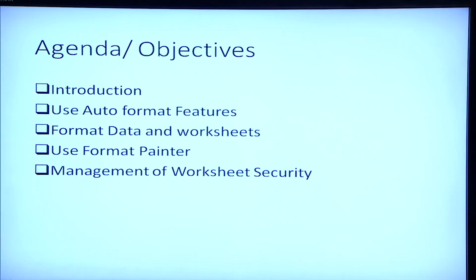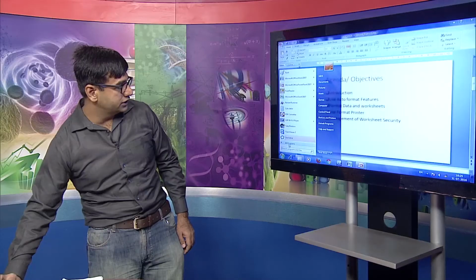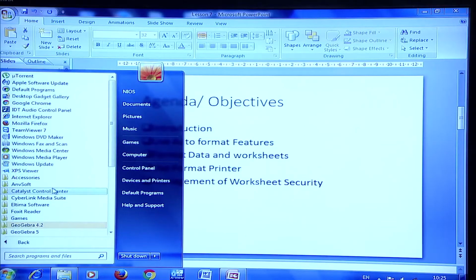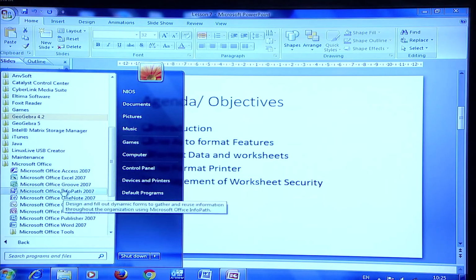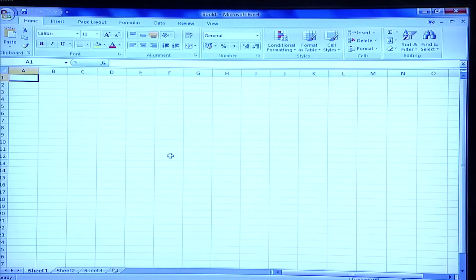So let's start with the introduction of the worksheet. Here I am going to open a worksheet. I am sure in the last class you learned the basics of Microsoft Office. So we go to the program files and Microsoft Office as usual, and then we open Microsoft Excel. In this worksheet you can see that this entire area is called the ribbon, and you have various tabs here: the clipboard, the font, the alignment, the number, the style, the cells.